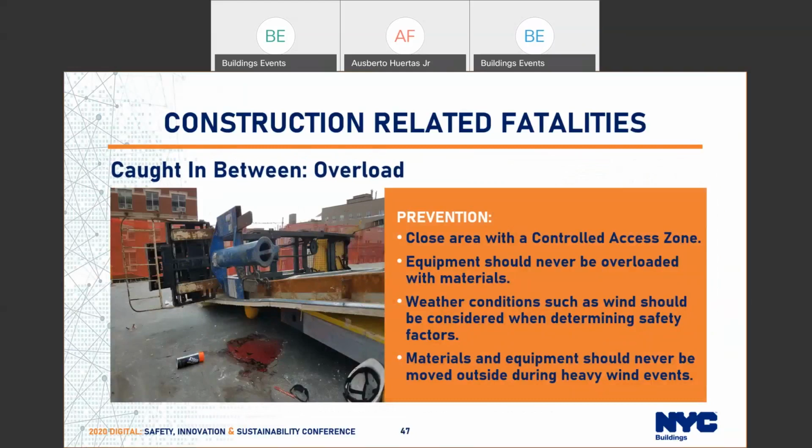Preventative measures for this incident would have included closing the area off with a controlled access zone. Equipment should never have been overloaded with materials. Weather conditions such as wind should be considered when determining safety factors. If the crane operator is unwilling to perform due to the unsafe condition, the operation should not have continued. Materials and equipment should never be moved outside during heavy wind